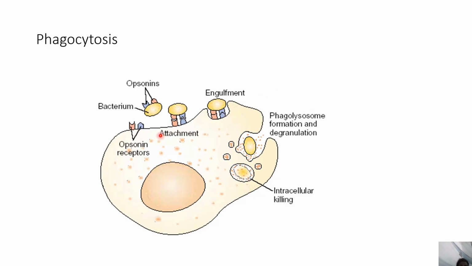Basically what happens, this is a bacteria, and you see the opsonin receptors over here and opsonins over here. Because of the opsonin and opsonin receptors, there is an attachment and engulfment, the cell is engulfing the bacteria, and there is a phagolysosome formation, basically fusion of phagosome and lysosome. Lysosome we know has a lot of hydrolytic enzymes which will degrade the bacteria,